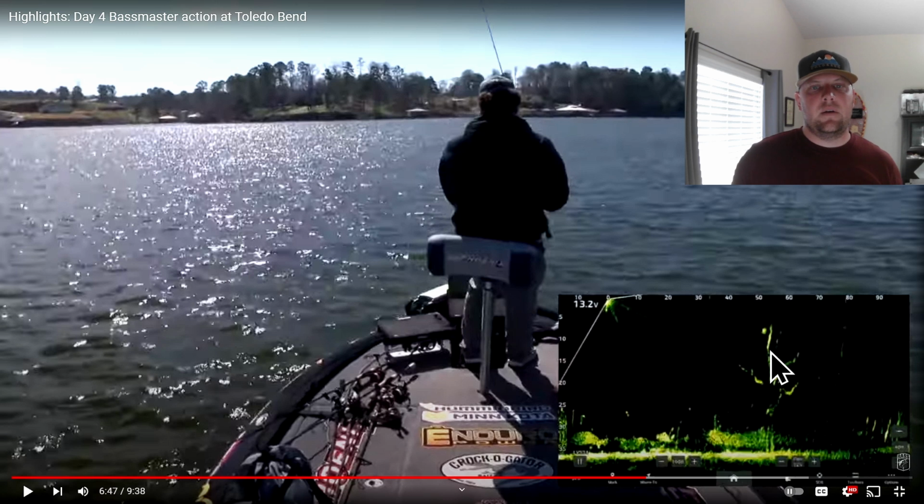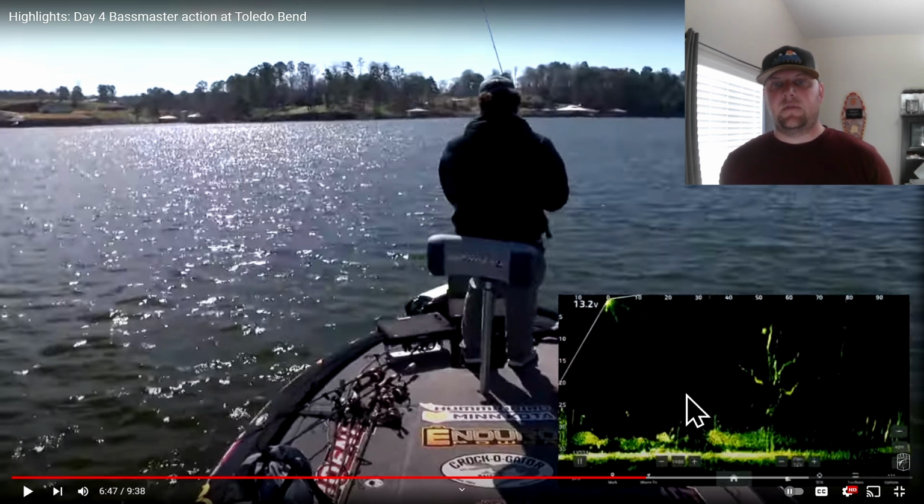And so right here, we have a large fish on the top of this tree, and these are bait clouds down here at the bottom. Here's one, here's some more, here's another one. So a lot of bait in the area. This fish is not very close to that bait. It's sitting high above the bait, but you can see we have good target separation from this main trunk of